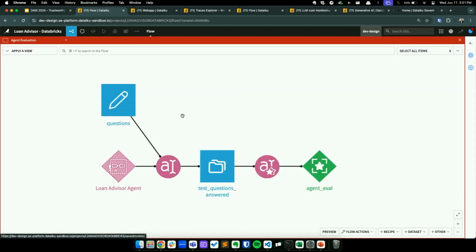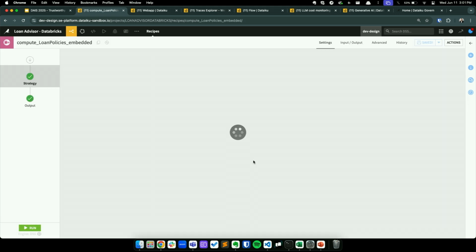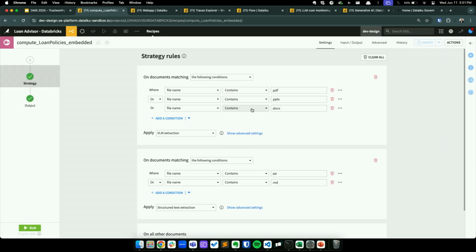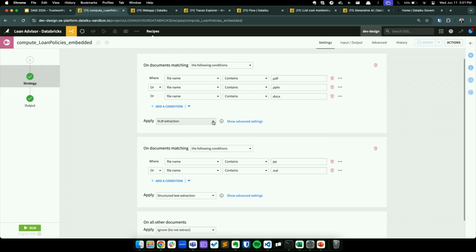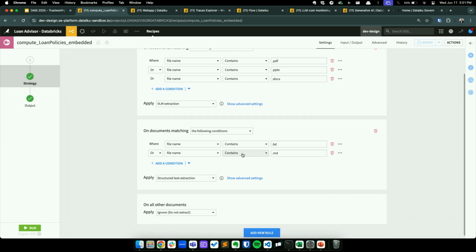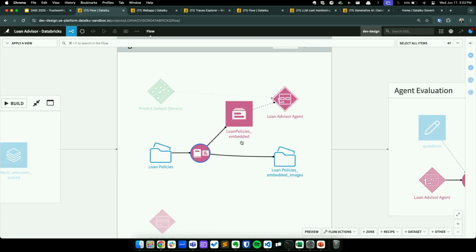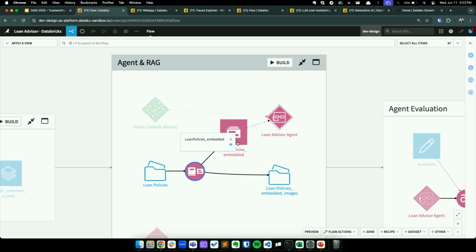Then from there, we go through a visual retrieval augmented generation process where for the cases where the file is more of an image in nature, it actually goes through and does a visual embedding process to generate the vectors. Or if it's a more text-based file in that folder or in that repository, then it's going to go ahead and just generate the vectors right away. But again, no coding is required. It's all happening behind the scenes. And what we're left with is this vector store here that we're then going to attach to the agent such that it has it as a tool to be able to answer questions based on this corpus of documentation.